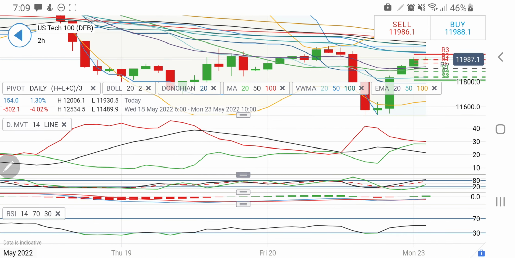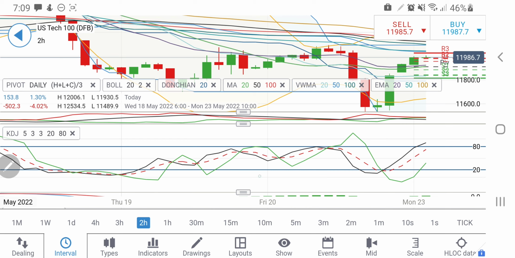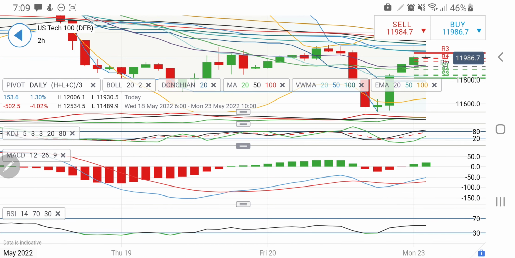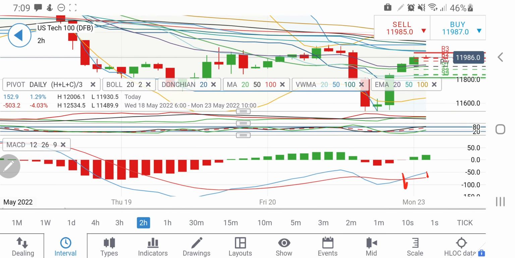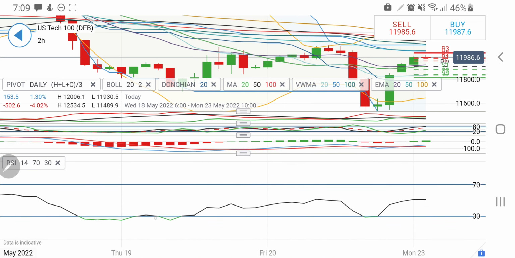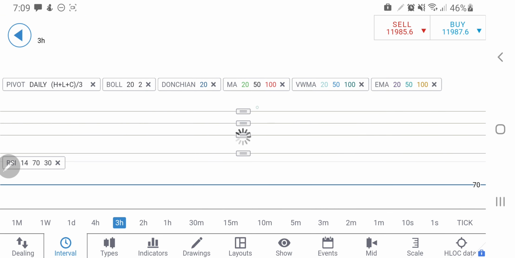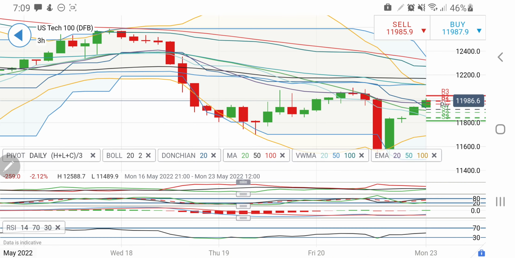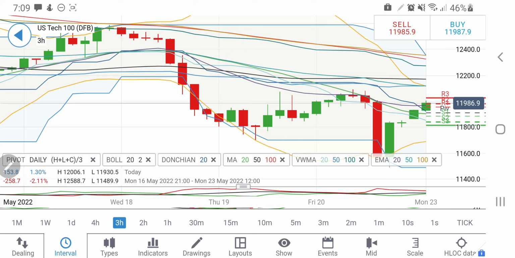Yes, the directional movement is trying to converge and cross over for a buy. The stochastic is overbought on the 2-hour charts. The MACD has just crossed over. This is the second green candle. I'll be cautious. RSI is looking upwards. If you look at the 3-hour charts, it is trying to give you